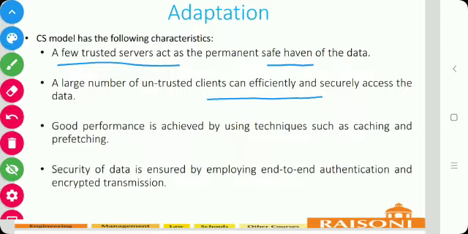Third is, good performance is achieved by using techniques such as caching and prefetching. And fourth is, security of data is ensured by employing end-to-end authentication and encrypted transmission. Means only the sender and the receiver, or in this case only the client and the server, will see the transmission, and the transmission is in encrypted form.